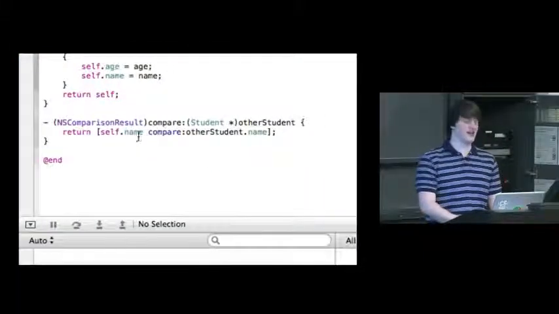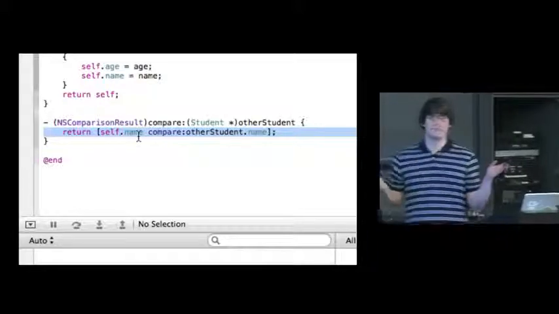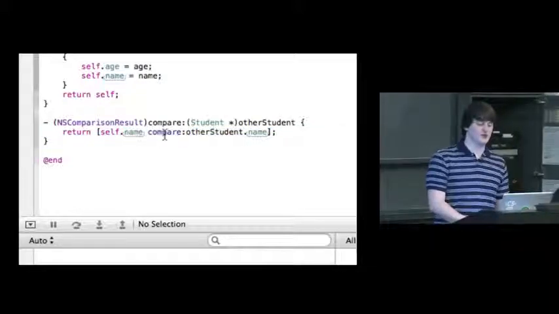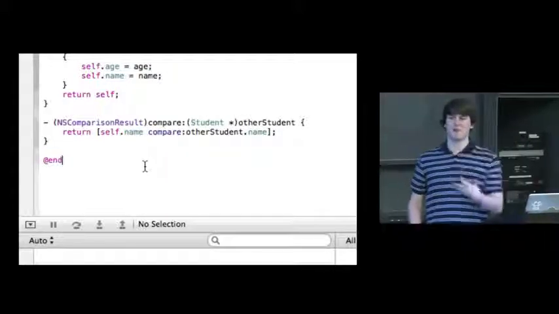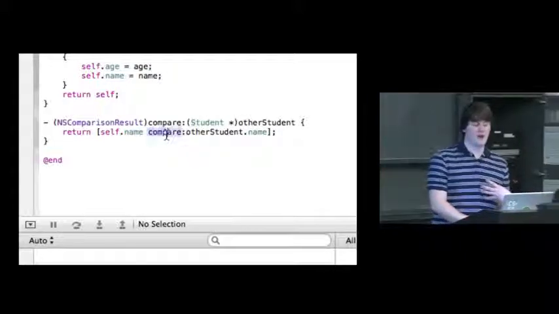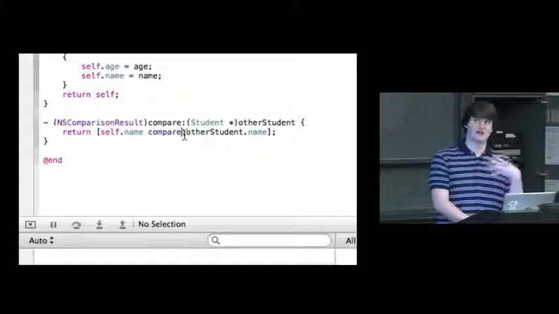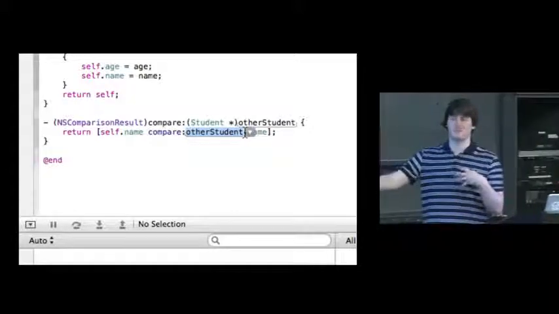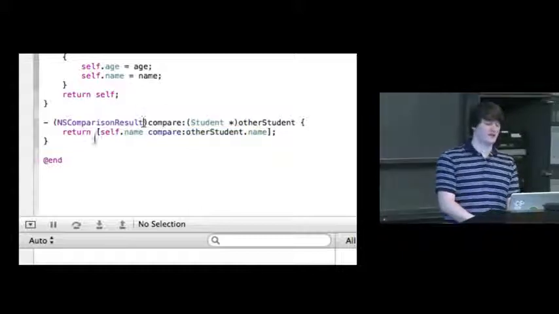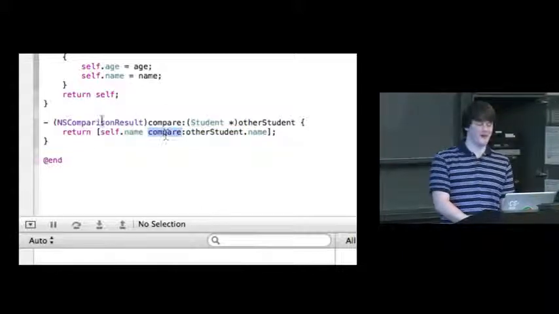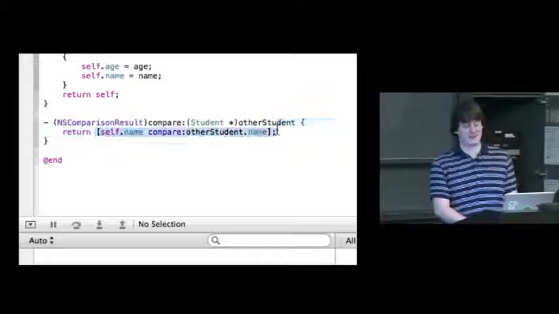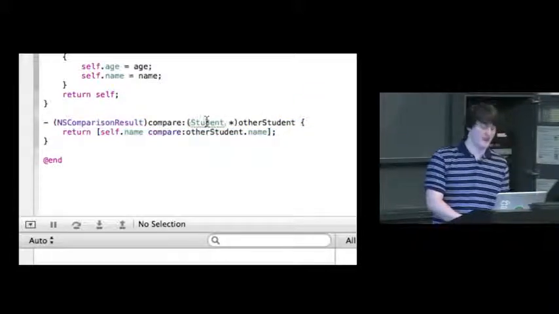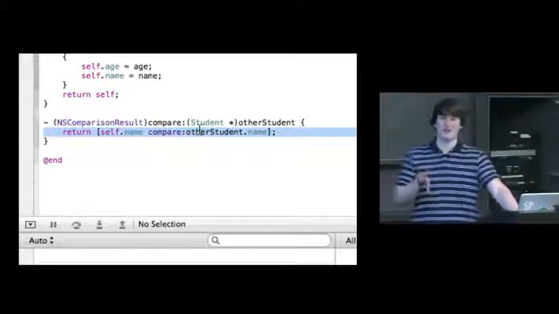I decided that I'm just going to compare by name. So I'm going to use self.name, which references the NSString that is my name. And then I'm going to use the NSString's compare method to compare to the other student's name. And because this compare method returns an NSComparisonResult, that is an easy way of making sure that I return an NSComparisonResult. Okay, so now that I've defined this method for students,